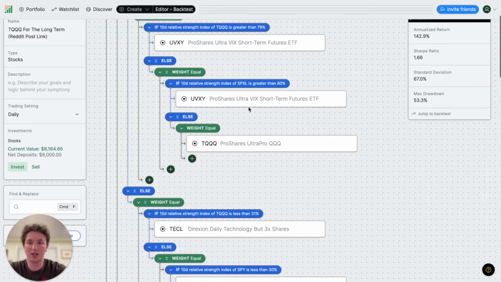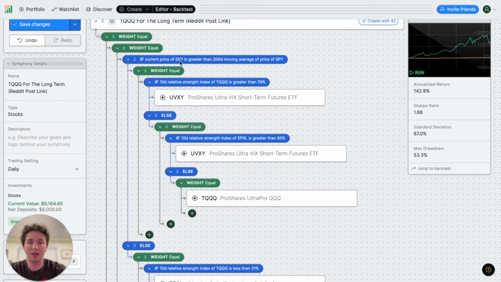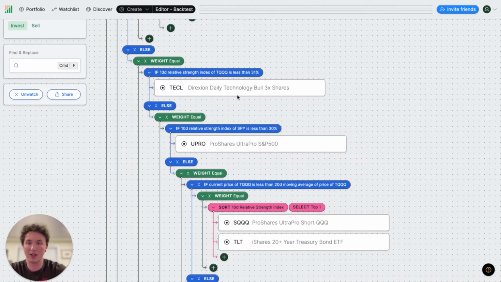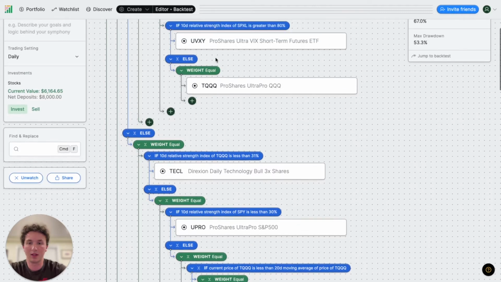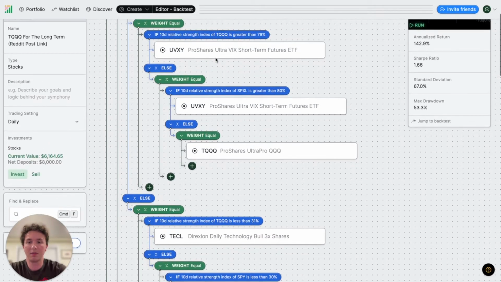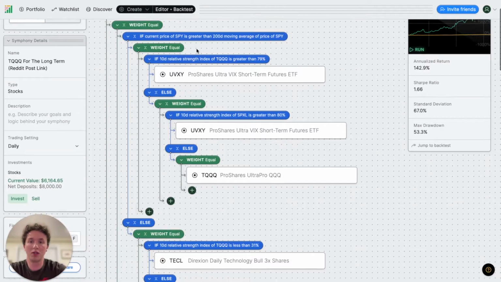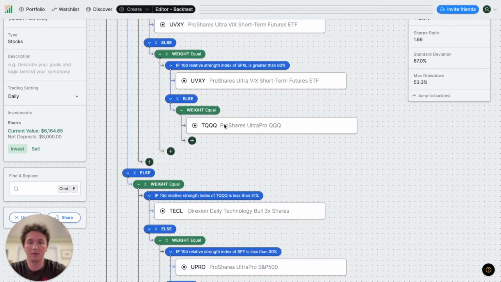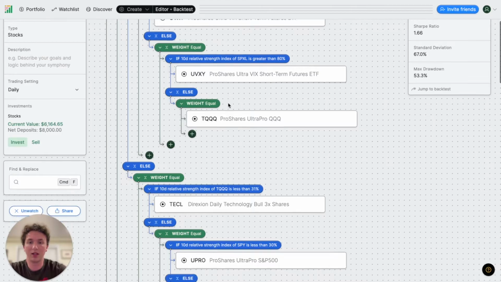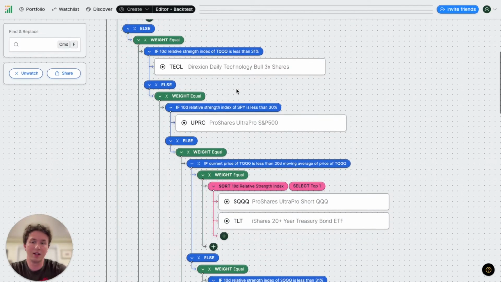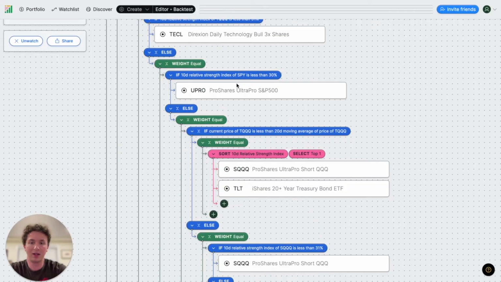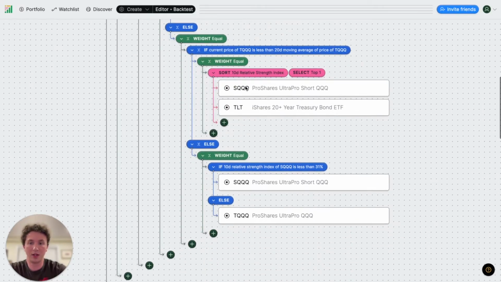Another thing that this strategy does is momentum switching. The strategy uses the 200-day simple moving average of the S&P 500 to determine whether we're in a bullish environment, as shown here, or a bearish environment, shown in this logic here. So if the S&P 500 is above the 200-day simple moving average, it's mostly going to stay long and go into TQQQ. If it drops below that line, it'll flip into a bear market playbook, and depending on the market conditions at the time, it could short the market with SQQQ here, or move into bonds, as shown with TLT, depending on which RSI of those two is better here.